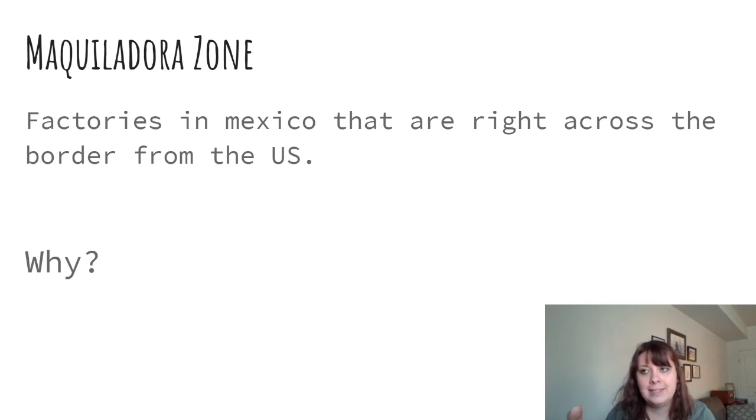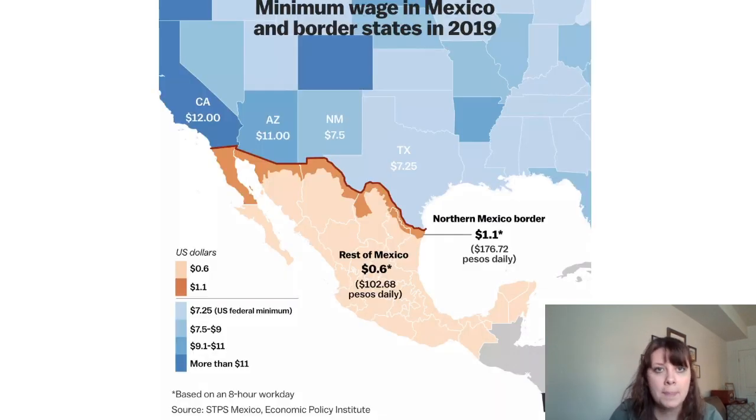So the border of the United States, if you cross it into Mexico, most of that is desert, right? It's not a great place to live. It's hot, it's dry, not much out there, but there's a lot of cities and a lot of factories right along the U.S. border. So it's like, well, why?